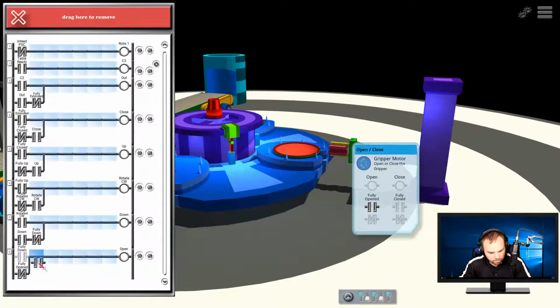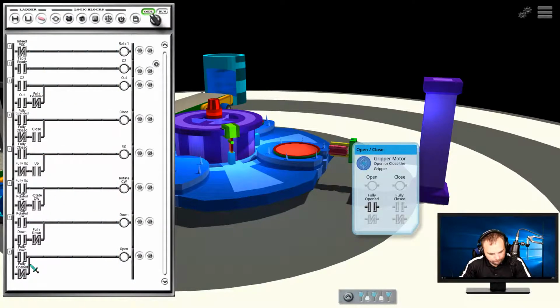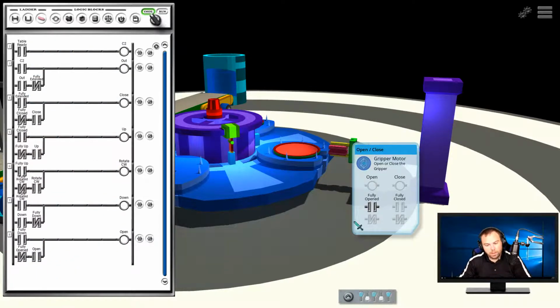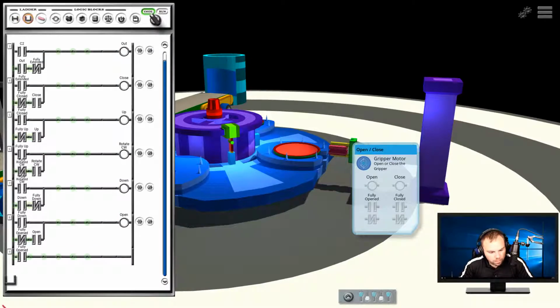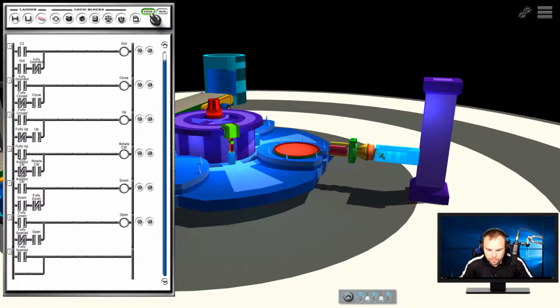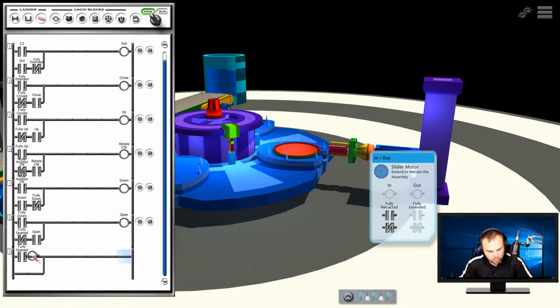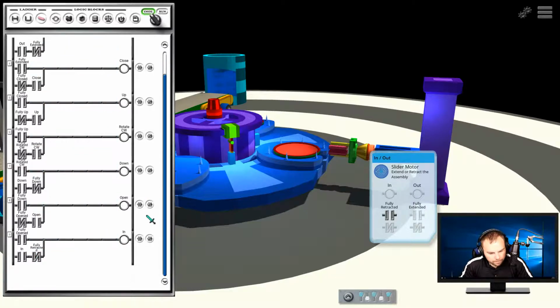Not fully opened yet. Come on, let me get the stretcher. There you go. Okay, continue opening until fully opened. And finally, when fully opened, we've got to add in the ore for that. Okay, fully open, we're going to retract this in, and we're going to continue retracting until it's fully retracted. And finally, when it's fully retracted,